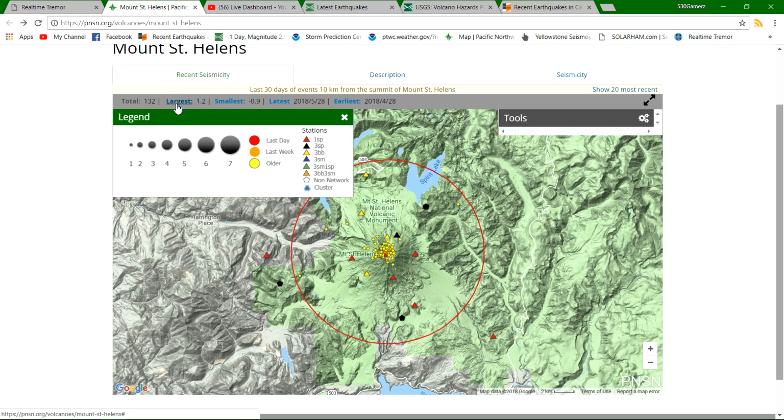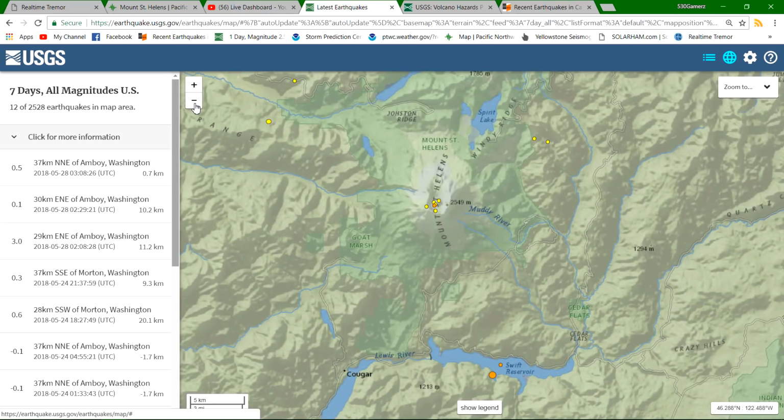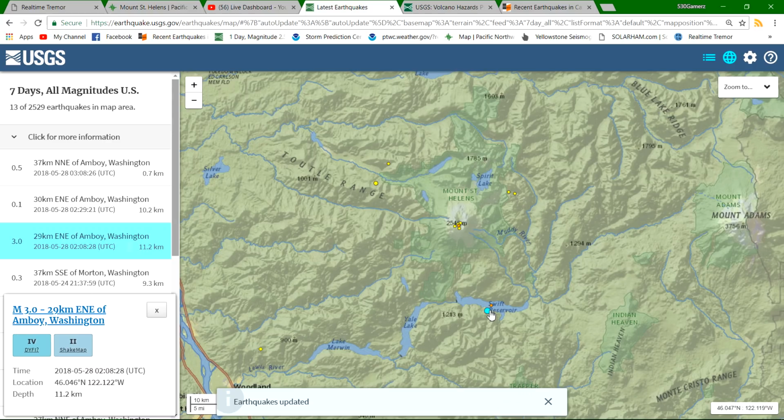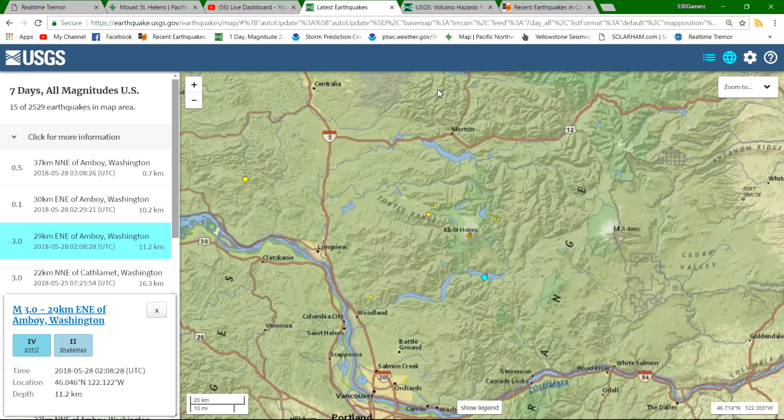Like I say, largest in this sequence of earthquakes, 1.2. Nothing big, folks. Not even a lot of activity. Total 132 earthquakes, but these are very small, very minor, and nothing to be concerned about. But I did want to point that out because it is showing up on the USGS site there with that 3.0 that occurred well south of this region. So nothing of concern in there, just a little bit of activity, which I believe is ongoing with the